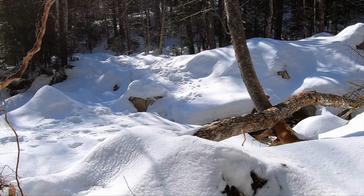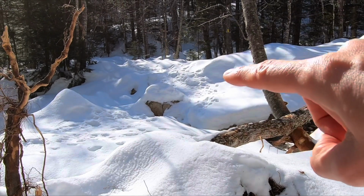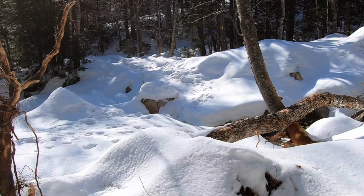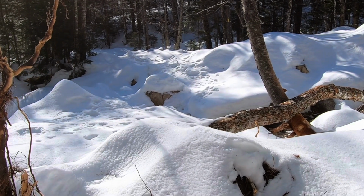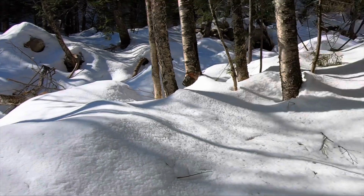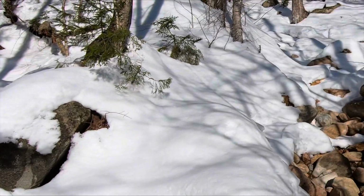We are 1.6 miles in, and the trail crosses Nancy Brook right here. It's a major water crossing. It's mostly bridged right now. Everything is quite soft. So once you cross there,